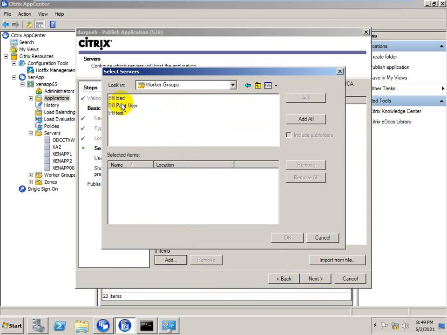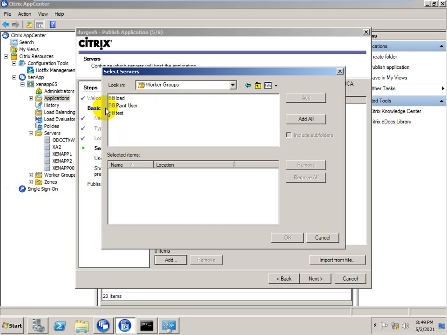A worker group is a combination of servers. Same application servers are grouped, and an application is a client. I will cover that later.